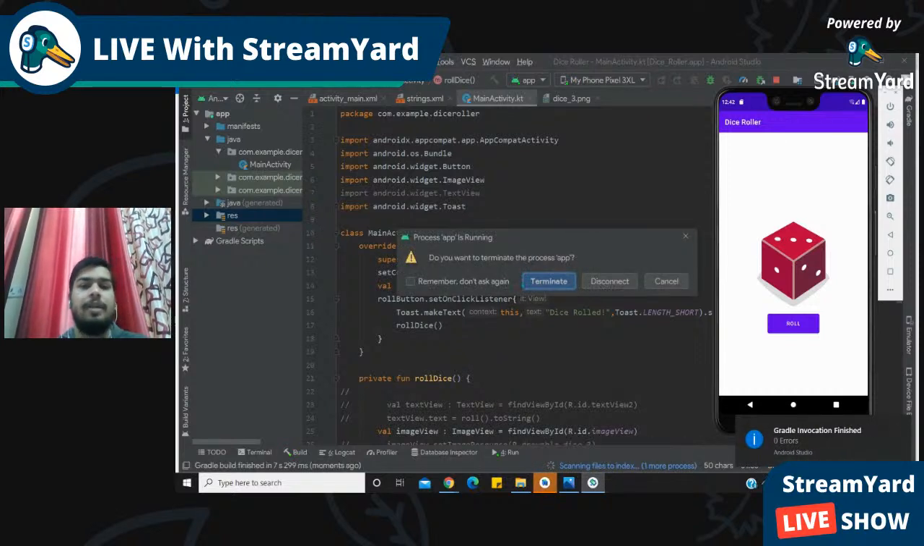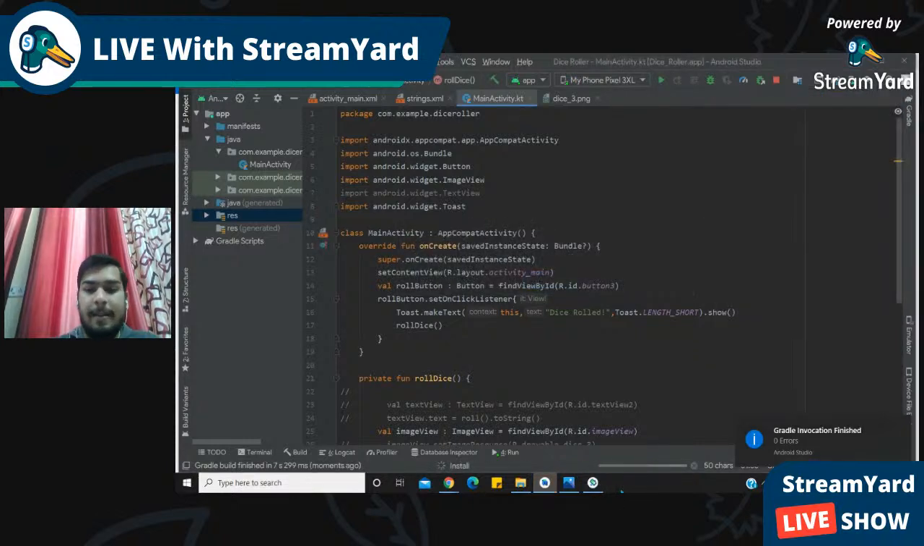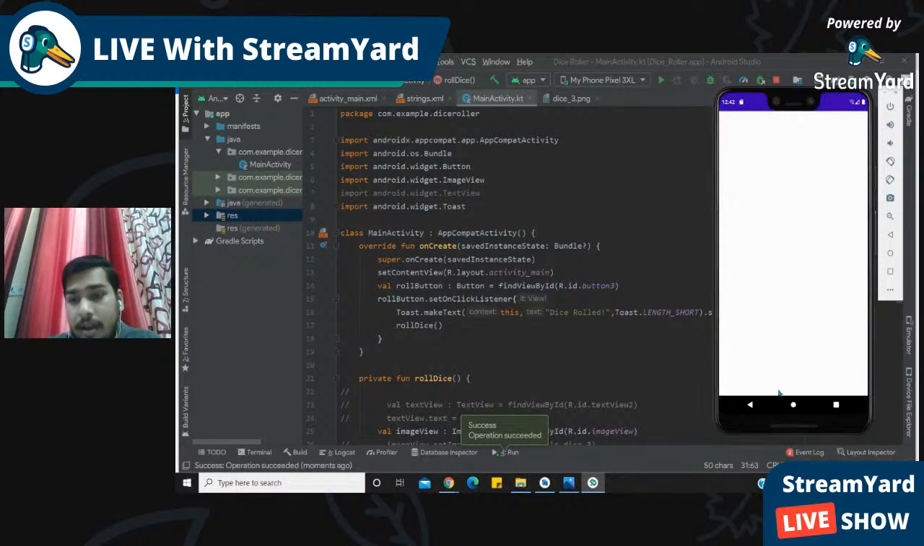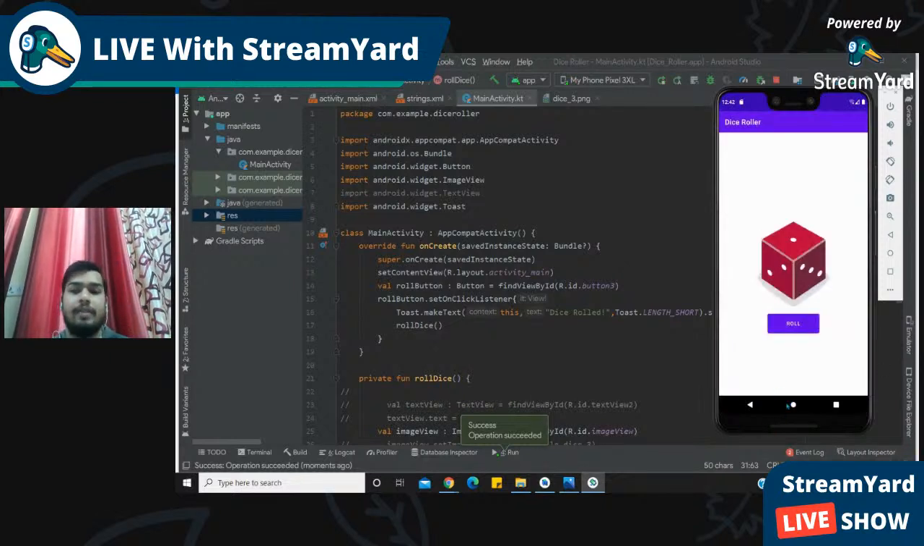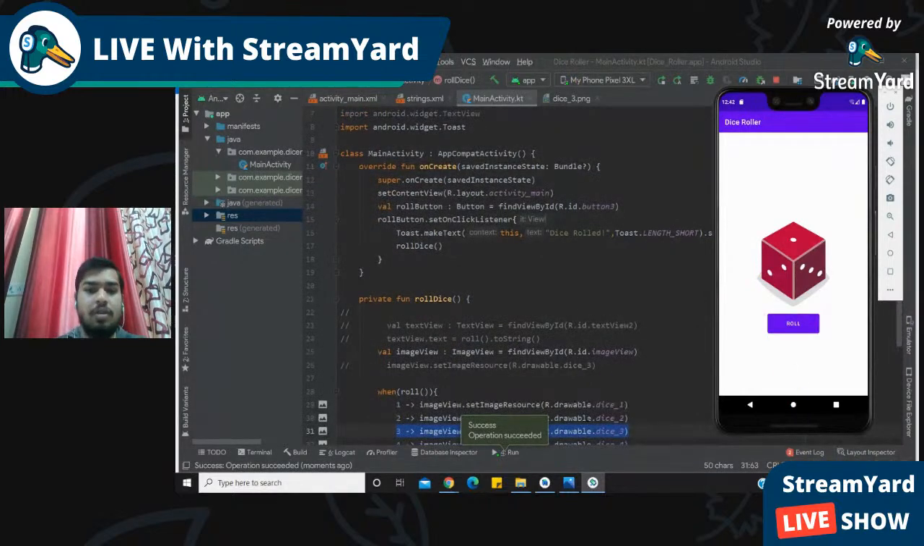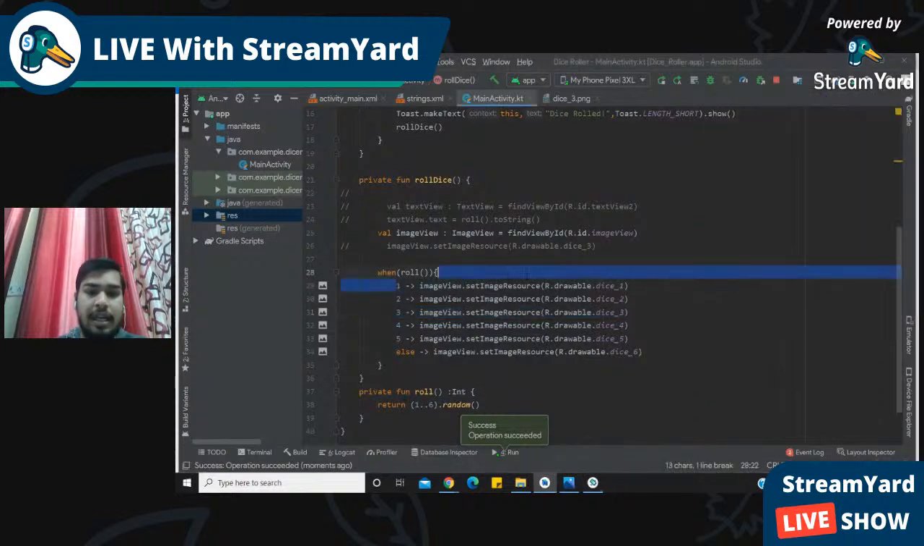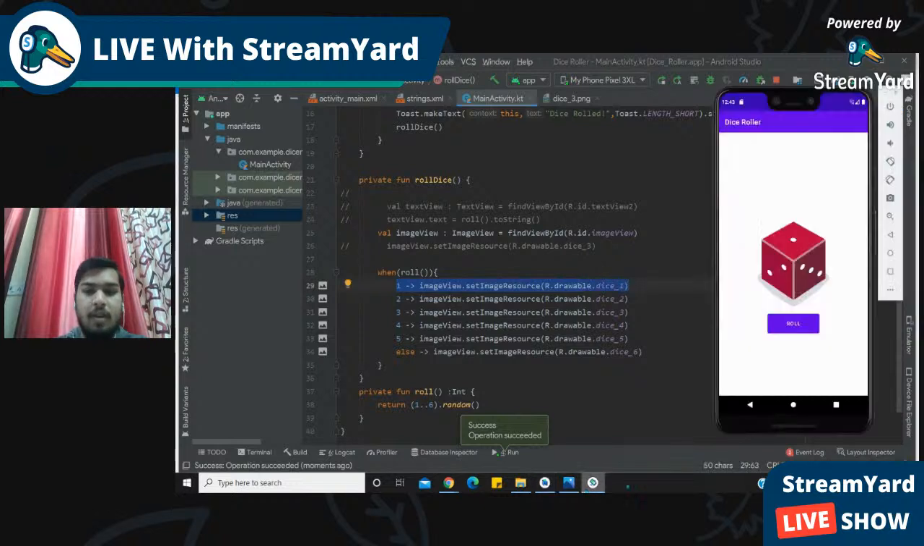Do you want to terminate the process? Yes, it has terminated our existing app and reinstalled it on our device. So right now it's showing first because nothing was returned here in the starting, so it has by default taken the first case. So whenever I click on this roll button,